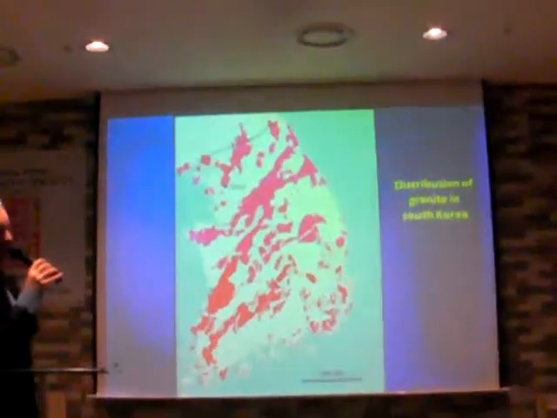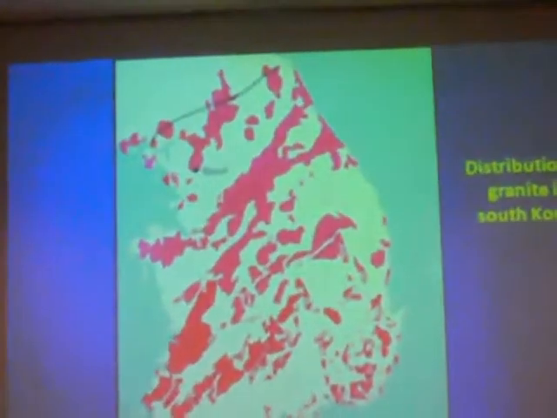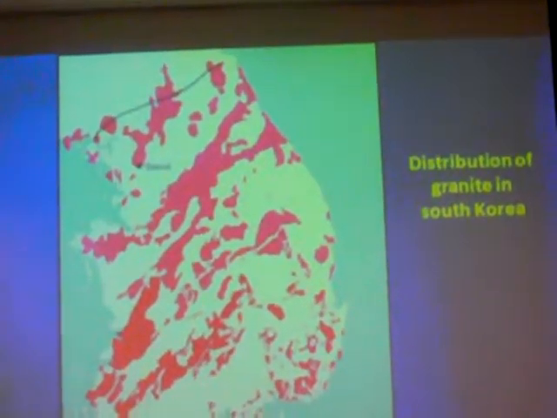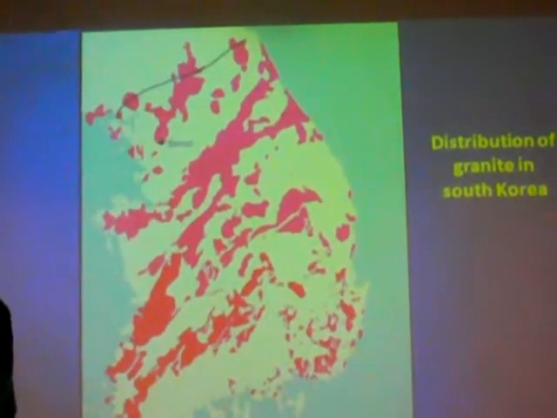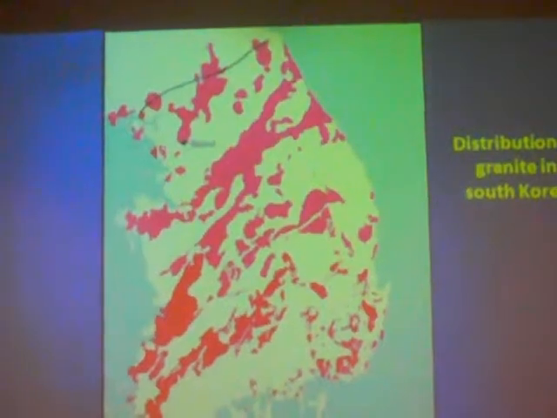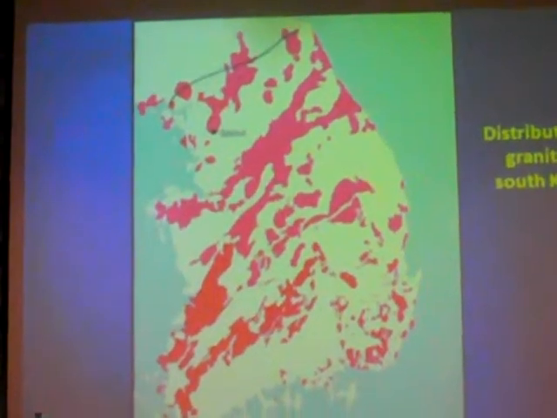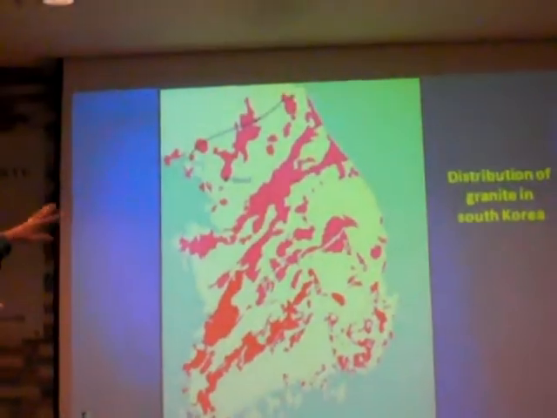In fact, when you look at the whole of the Korean peninsula, at least southern Korea here, South Korea, 60% of the landmass is covered by granite. It's probably the most common rock in South Korea. And you can see Seoul up there, sort of on the edge of one of these large